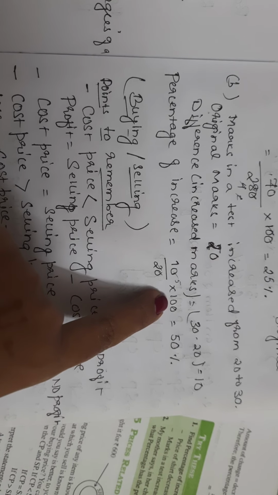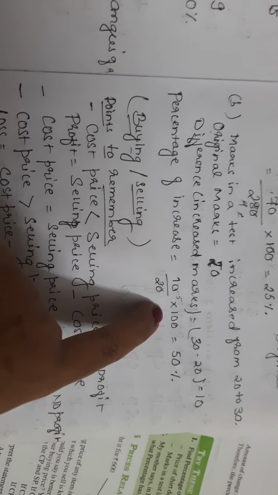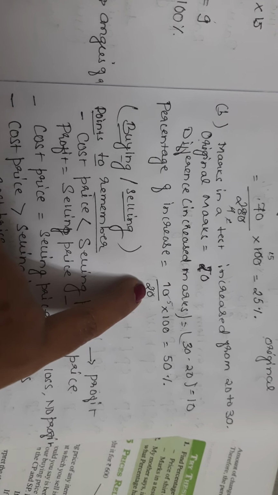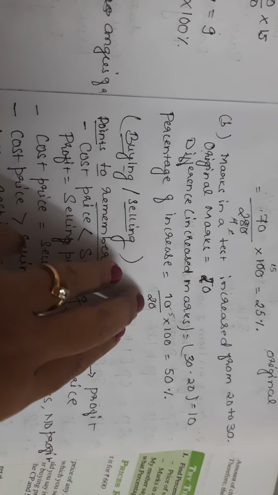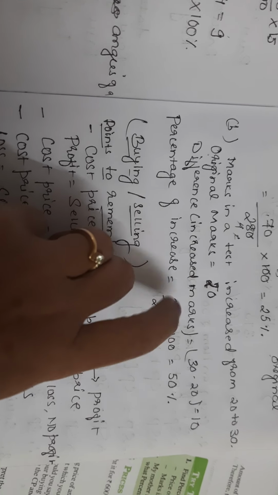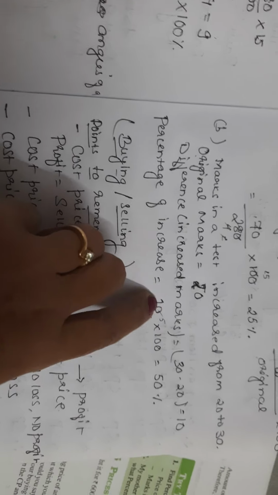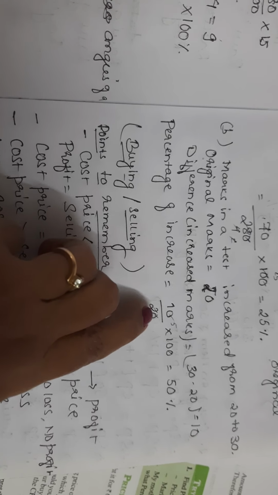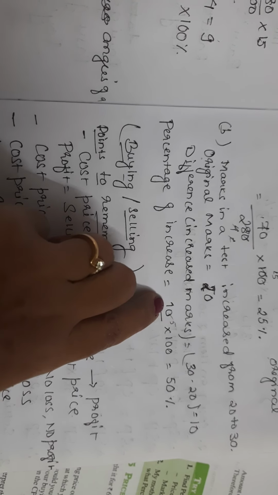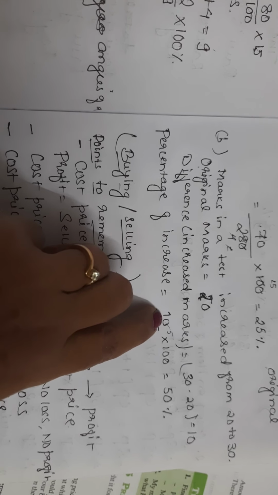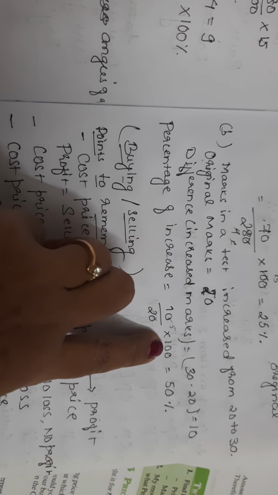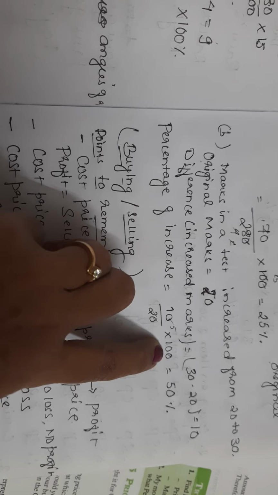Always remember, while finding out percentage of fraction, of decimals, of ratios, you are going to multiply that with 100. And the denominator is always going to be, if you are calculating fraction or decimal or ratio, the total amount, the total number, and the numerator is going to be the part of that total number. And in this case, increase or decrease, the denominator is going to be the original number, and the numerator is going to be the difference between the original number and the increased or decreased number. But always when we are calculating percentage, it is going to be multiplied with 100.